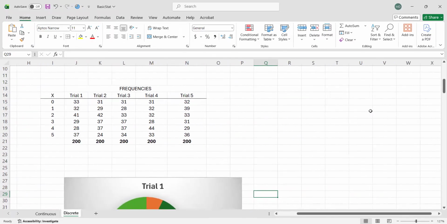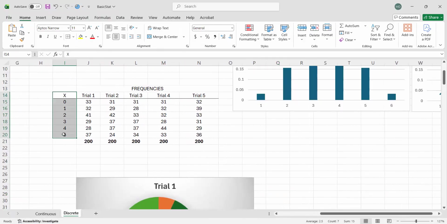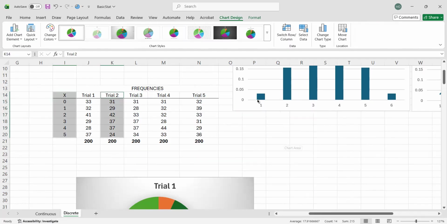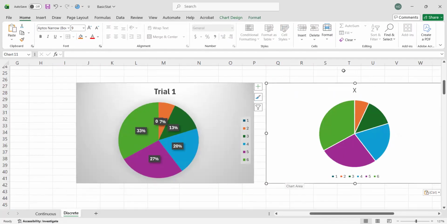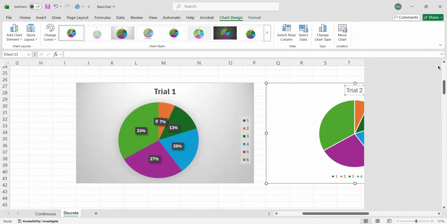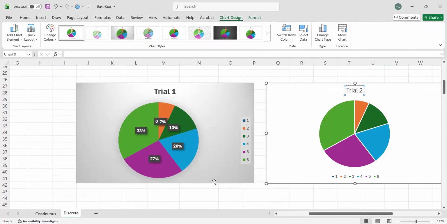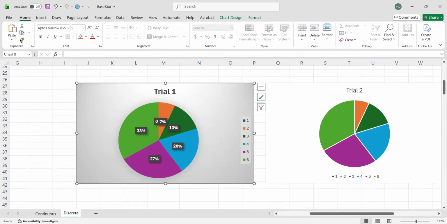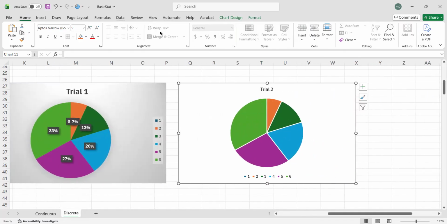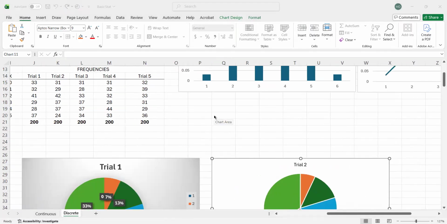So something like that. And you can do the same for trial 2. For trial 2, just highlight these two and then insert chart, line chart. If you can't remember the formatting style that you used for the first one, just click this one and then use Format Painter, and then click the new one. Okay, but it's not working. So just figure it out, just explore and do the same for the other trials.